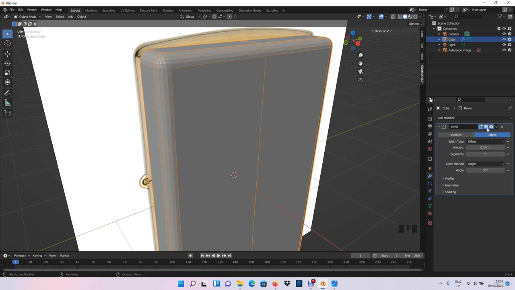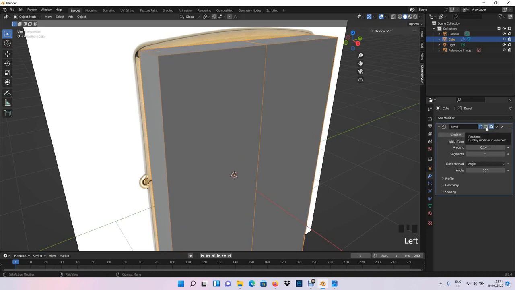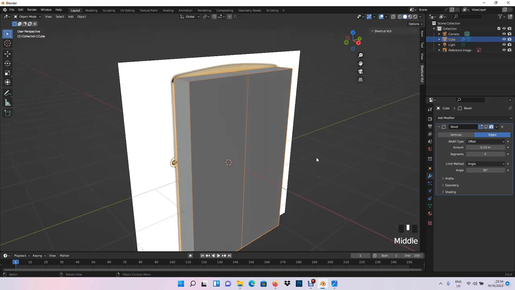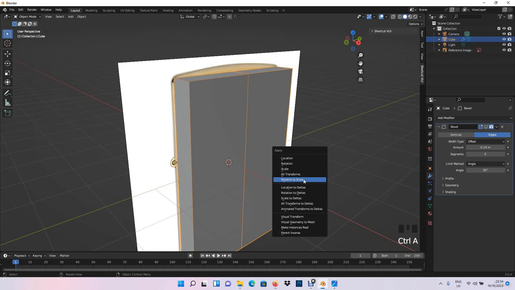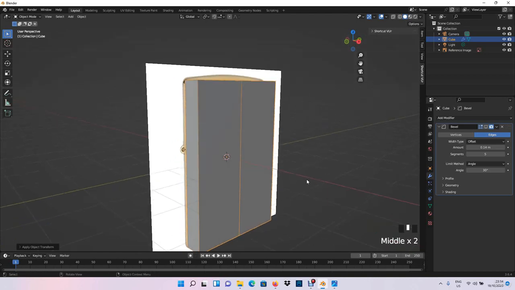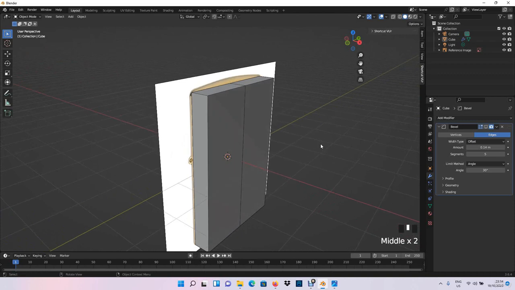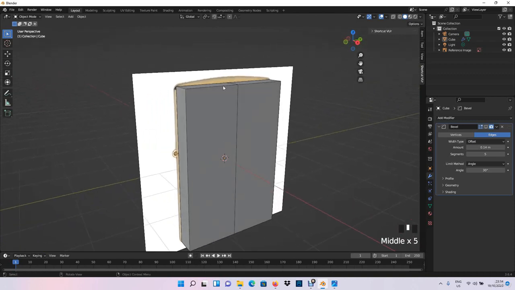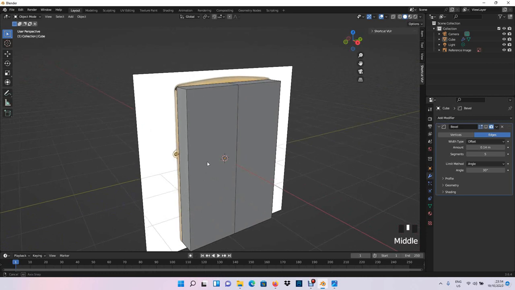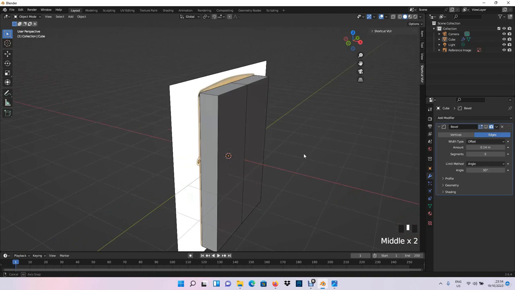Also we can disable the bevel here, click on this monitor icon, and if we press Control A, set the rotation and scale, or apply the rotation and scale, because once you scale or move something, you should always apply the rotation and scale with Control A. Because once you scale something, you need to reset the dimensions, because once you try to bevel something, once you try to solidify something with your modifier here,